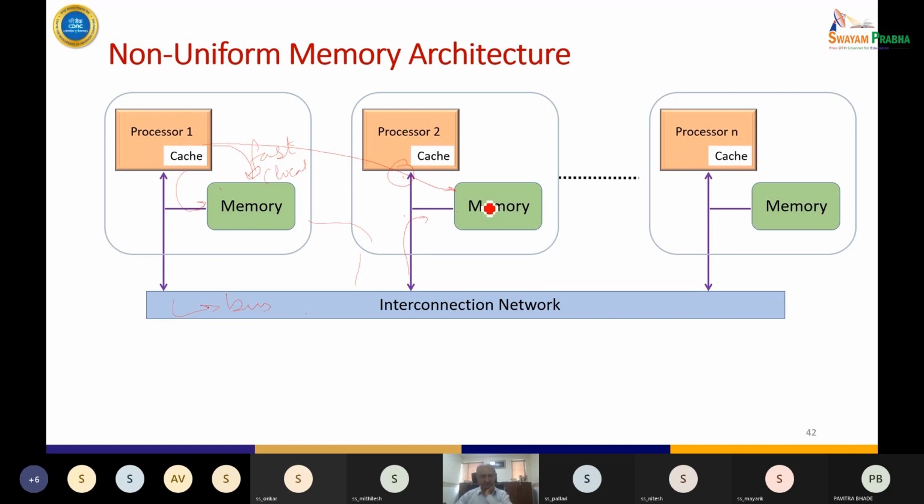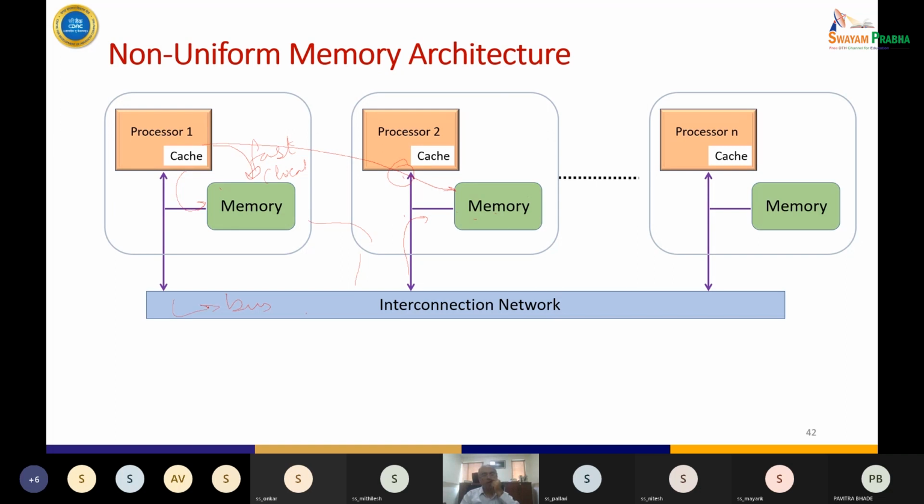Because it has to make sure that while P1 is accessing M2, P2 is not accessing it. So a right has to be obtained by P1 to access M2. Hence, you would notice that accessing M2 is not as fast as accessing M1 for P1. Thus comes the